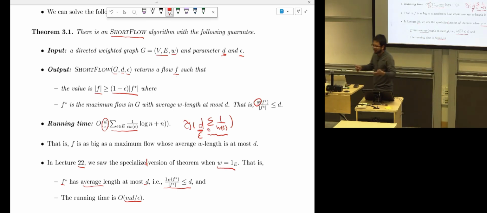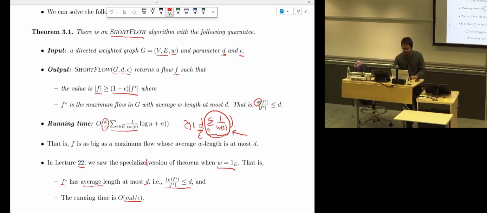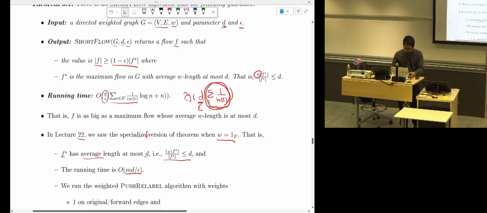So the time that we spend on each edge is something like 1 over the weight of that edge. So this can be less than M, like today, can be N. Okay, I might just talk about this tomorrow, how to do it, or it might be in homework. I'm still not sure, but okay. Anyway,